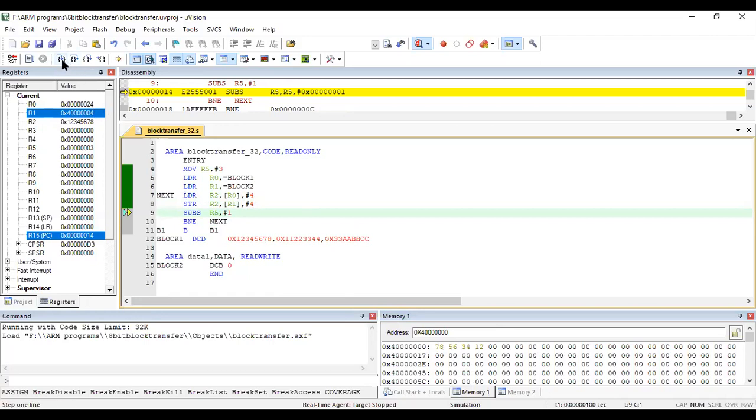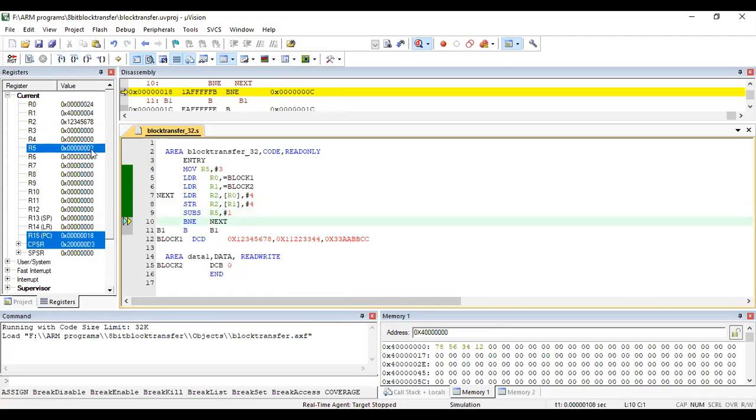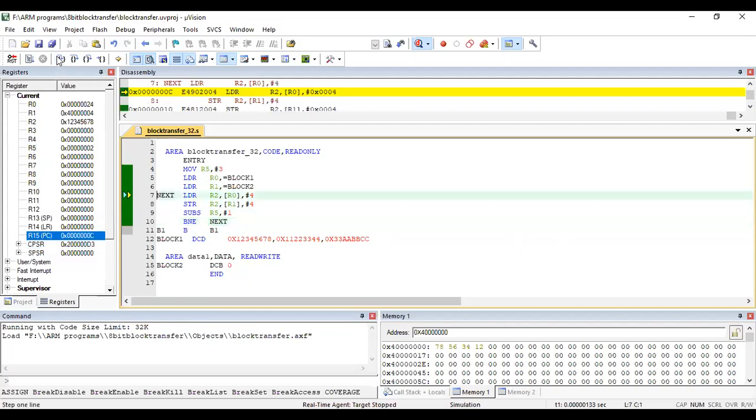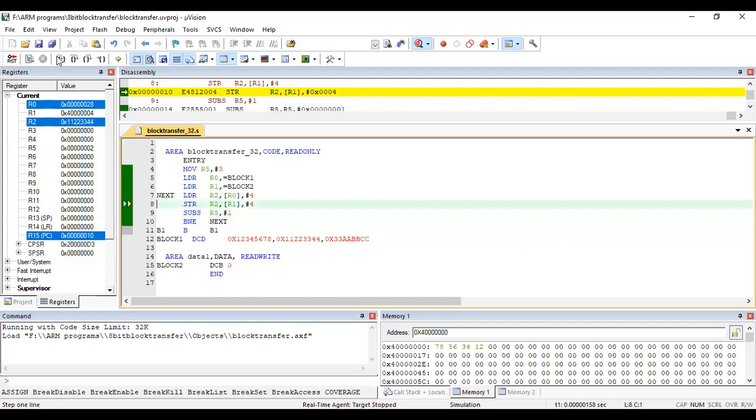And next step by step, the count becomes 2. So one block transfer is completed. When one block transfer is completed, count is decremented by 1. So this will be repeated till the count becomes 0. This loop will be repeated. If you see one more step, observe here.